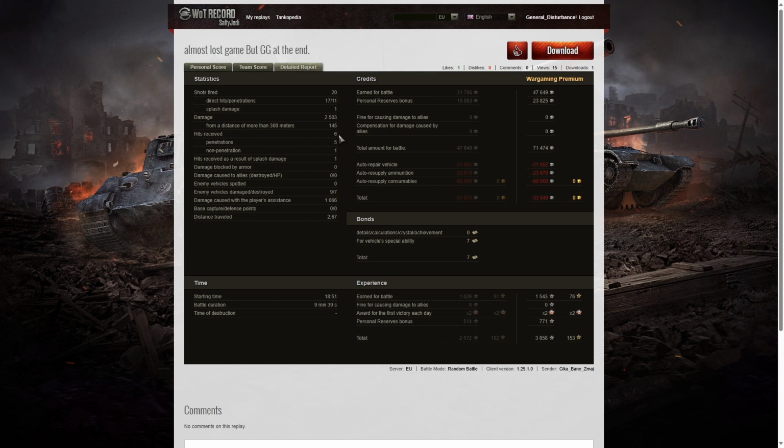6 enemy vehicles managed to get hits on him, but only 5 of those penetrated, but they all came at the same time, as I said. 1 non-penetration and 1 hit by way of splash damage. Yes, that was an Arty splash. The 1 non-penetration, that was after he'd actually taken all that damage. And I think he popped up the slope and a round just ricocheted off the top of his turret. 9 enemy vehicles were damaged, 7 were killed,